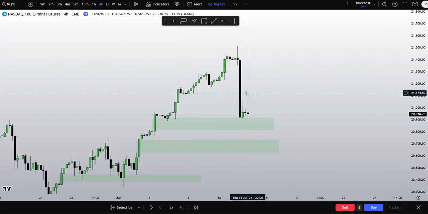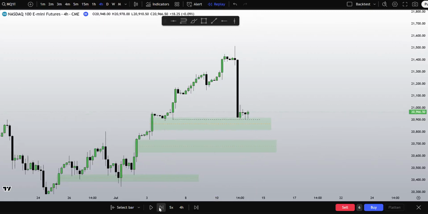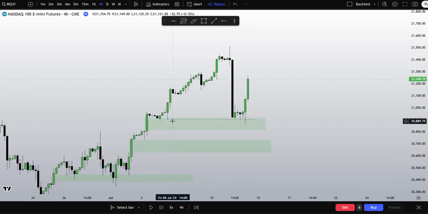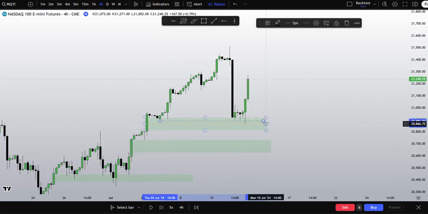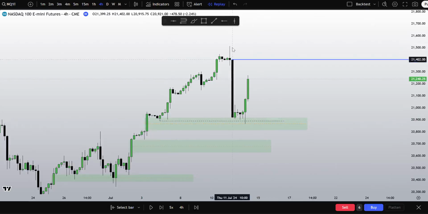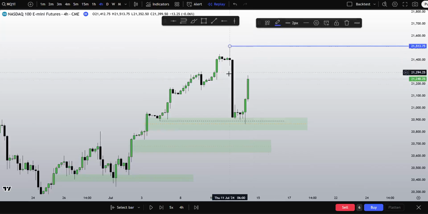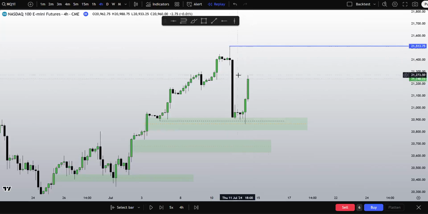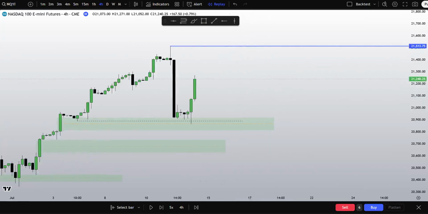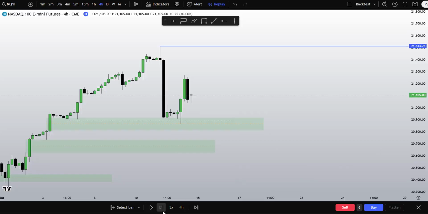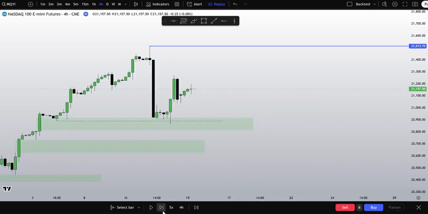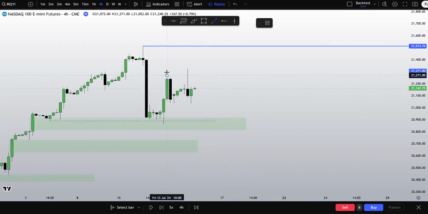So we erase that, erase that, erase that. We're going to analyze now. Low gets taken. Low did not get taken actually, but it most likely will. There you go, low gets taken. You can see that we're engineering that reversal back up. I'd like to see this level get taken. I do not expect us to respect this PD array. I want to see 513. That's where my eyes are. If we're wrong, then we will go back into it. The draw here, I was going to say this is the safe draw.